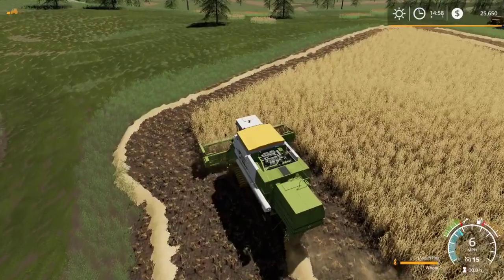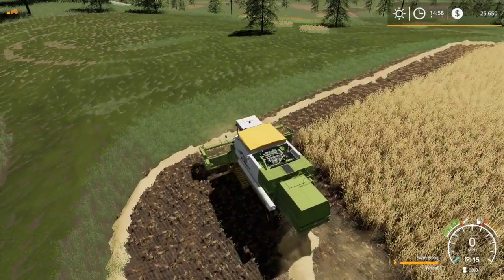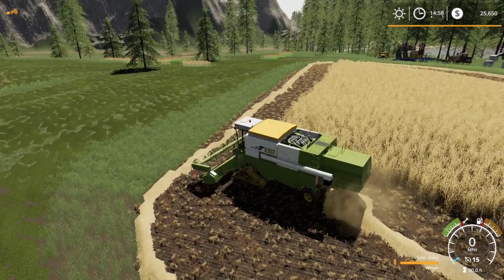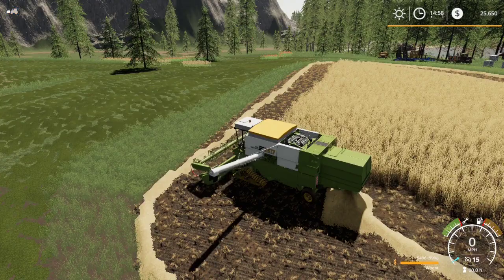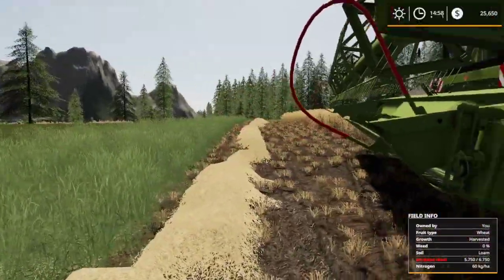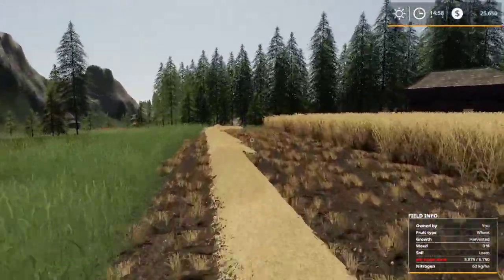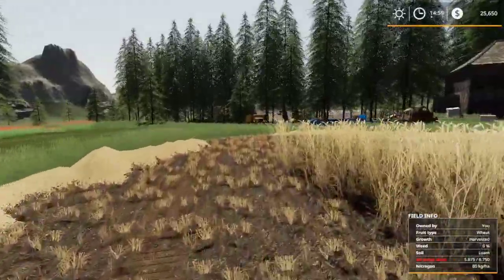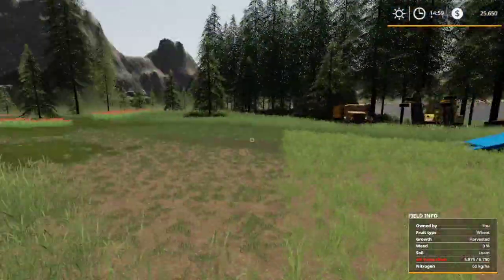One of the ideas I had, I don't know, because I actually have not watched the video yet. I'm neglecting it. Let's turn that off. I think the discussion was, if you have a beehive next to the field, it is going to increase the yield of the field. Well,